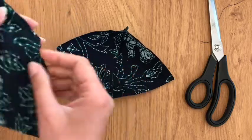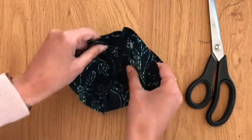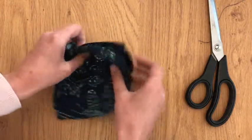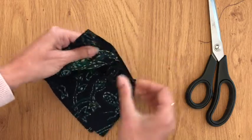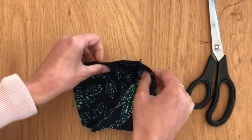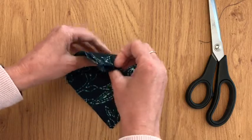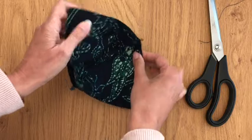So that's the right side there, and this is the right side as well, and I'm actually just going to press that right side in there. At this stage, if you want to pin it all together, you can. So the two right sides are together, the two seamed edges are on the outside. And then once you've lined it all up perfectly, we're going to stitch all the way around,